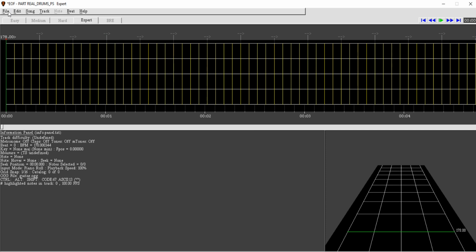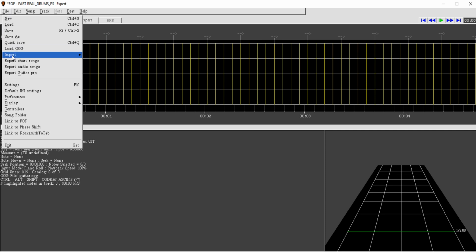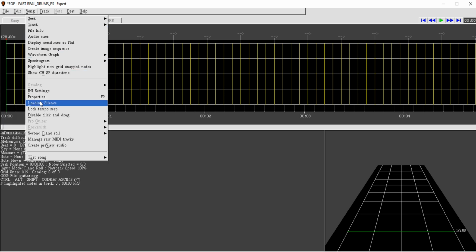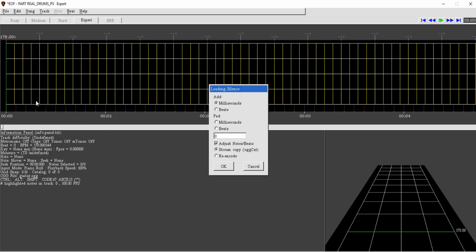One last thing before we start charting out the drums. I like to go in, and I think it's under Song, and then Leading Silence. This will just create some silence before the start of the track. I think I've got like 2 seconds in there already, but I like to put in at least like 5 seconds, just in case you've got to start the track and then go get situated on your drum kit before